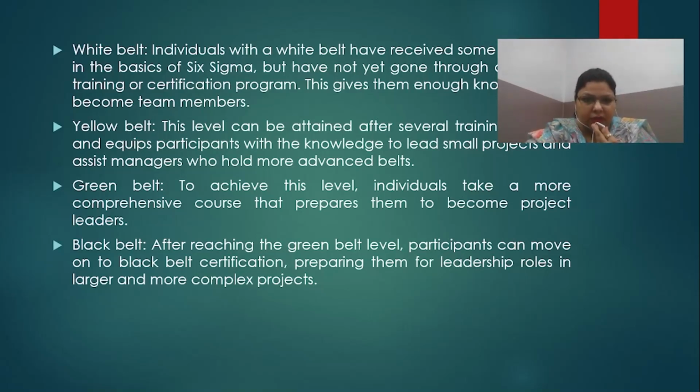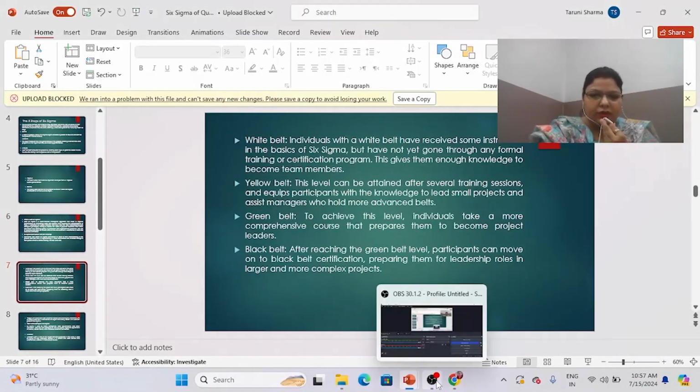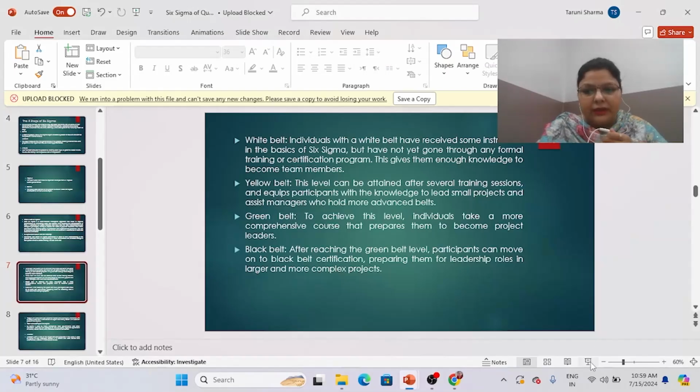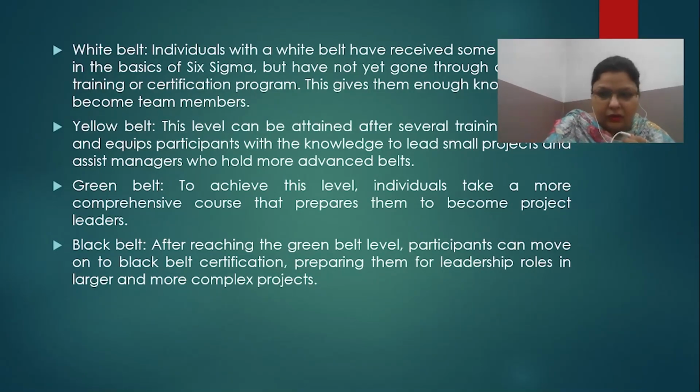Here, the company is providing participants with knowledge regarding training related to personnel who have taken some kind of training sessions, to lead small projects, and they assist the managers who hold more advanced belts. How can we achieve a more advanced belt? They work for that, and they already have the white belt and the yellow belt. Now, how to achieve the green belts and what are the specifications of these green belts in